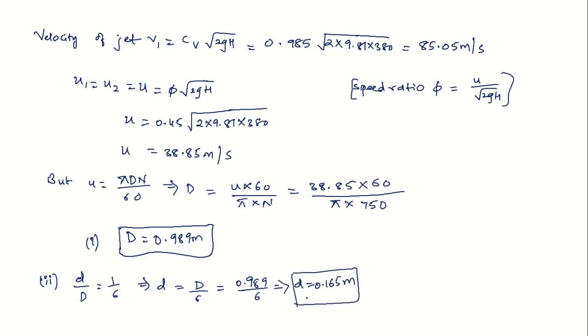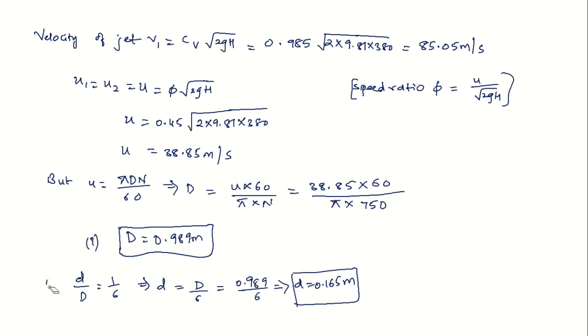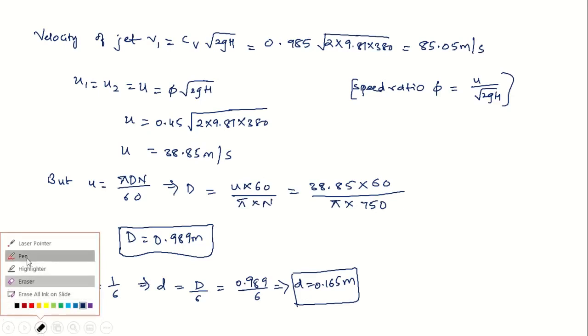We want the number of jets actually. So to calculate the number of jets, our formula is total discharge divided by discharge coming through an individual jet. So for that, first let's calculate the discharge through an individual jet. So discharge of one jet, let me write it as small q, which is equal to, the formula for discharge is area of the jet into velocity of the jet. Same formula, A into V. So this is equal to pi by 4 small d square into velocity through the jet.